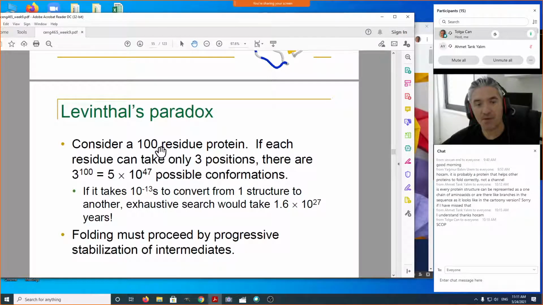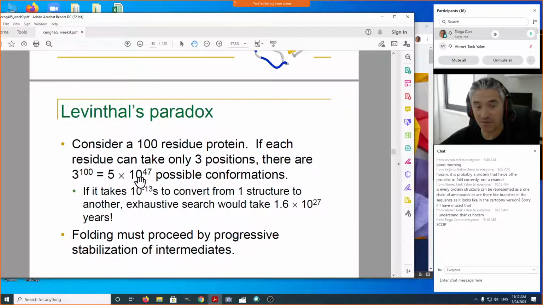If you have, for example, a 100-residue protein, 100 amino acids, and the bond between each adjacent pair of amino acids can take only one of three positions, imagine, for example, 45 degrees, 90 degrees, 125 degrees, just considering a discrete angle rather than a continuous one, with only one of three possible choices, then by selecting one of those three options for every adjacent pair of amino acids, you would have this many possible